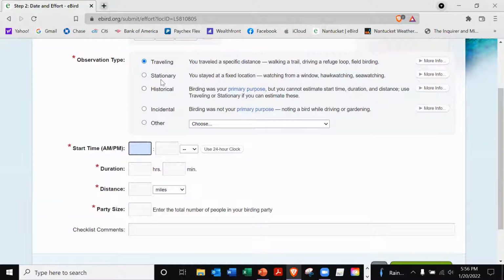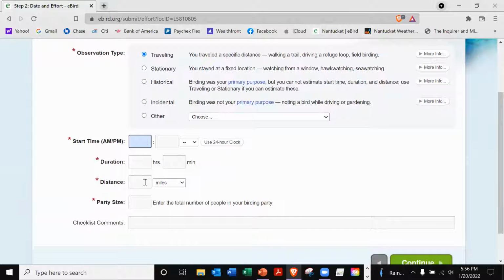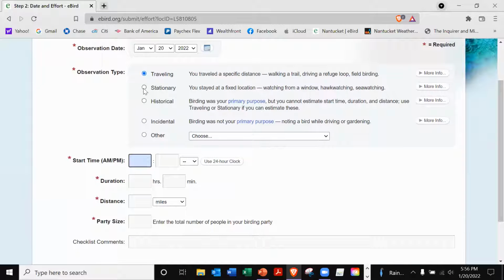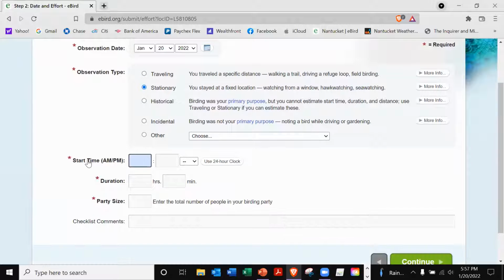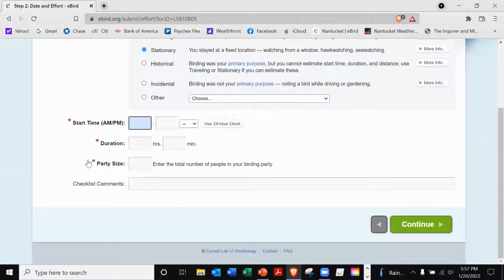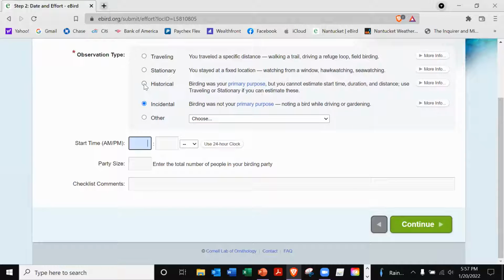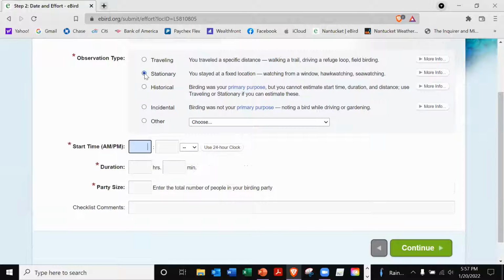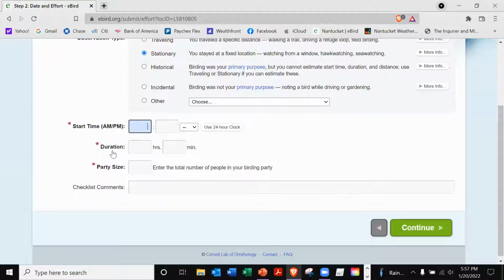So if you pick traveling, you see down here, you're going to have to estimate the number of miles you walked or traveled. If you pick stationary, it's not going to ask you for that. And if you pick incidental, it's going to ask you for the least amount of information. But we'll just say stationary. We'll say it's